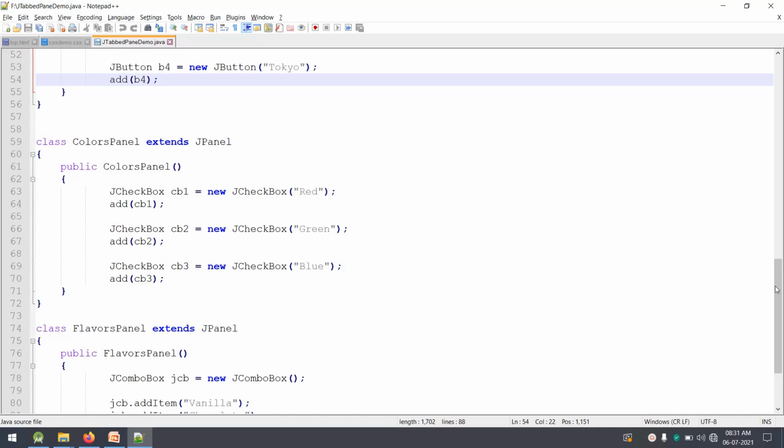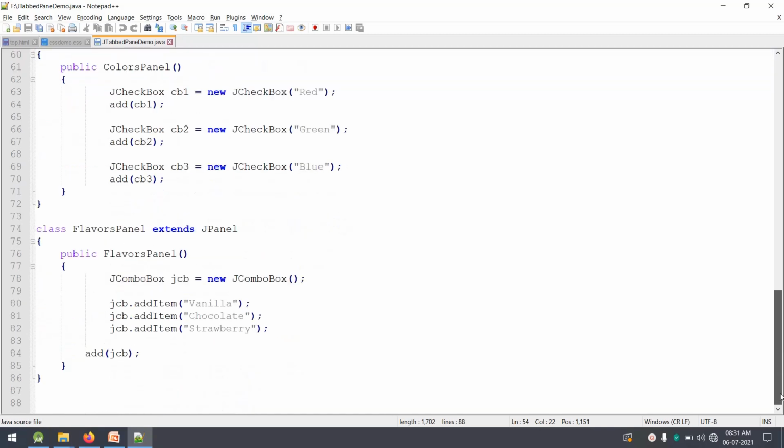Then we have one more panel called FlavorsPanel. In FlavorsPanel also we are creating a GUI. We are adding a combo box here. JComboBox jcb = new JComboBox, and jcb.addItem Vanilla, Chocolate and Strawberry. We will study about combo box in the next session. A combo box is a drop down menu where, when you click on the arrow mark, you will see a list of items. So the combo box has been added.